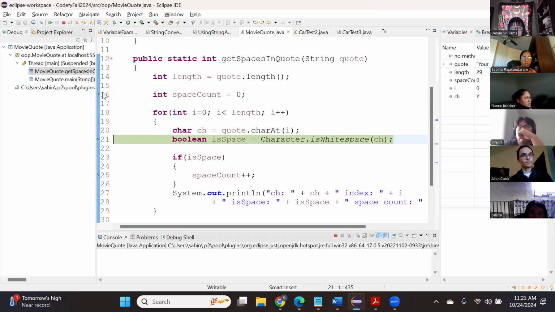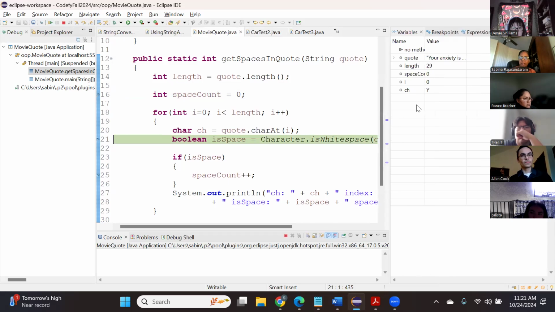Okay. So from this breakpoint, it goes to this breakpoint. Right. And I'm able to see that the space count is 0, I is 0, and the character is Y. So we're at the very first letter of the quote, right? If I hit resume again,